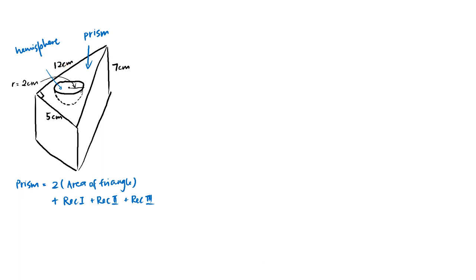Now for the hemisphere, we directly know that the surface area for the hemisphere is 3 pi r square. 1 pi r square belongs to the base circle. This curved part is 2 pi r square, and this base here is another pi r square. Remember? This is 2 pi r square. So that is why you have 3 pi r square altogether. Alright. So now,